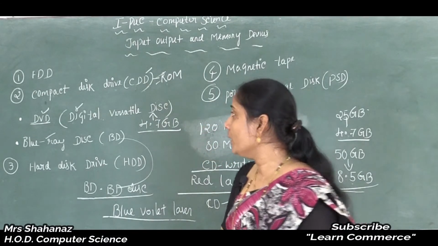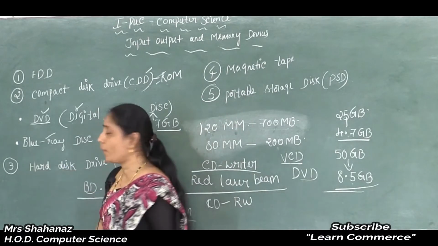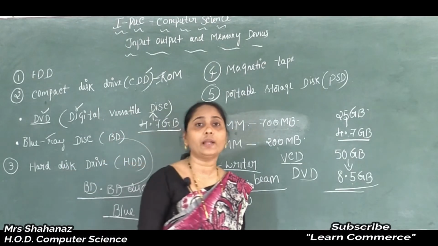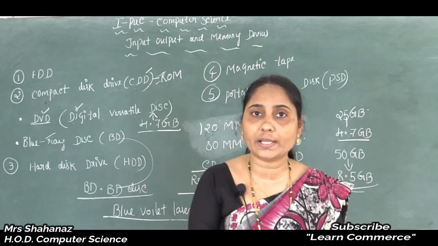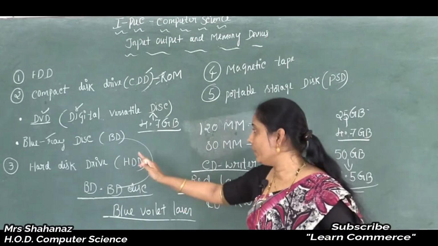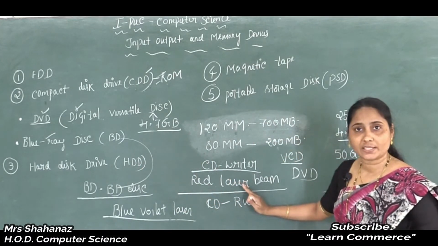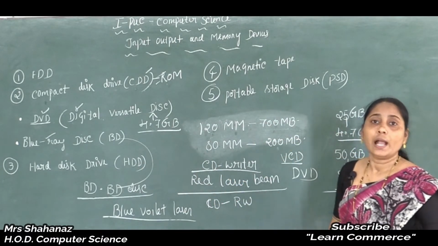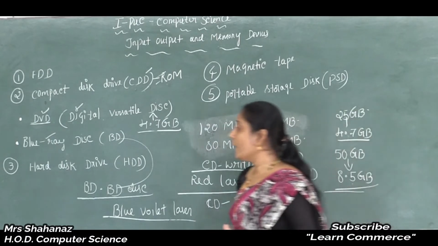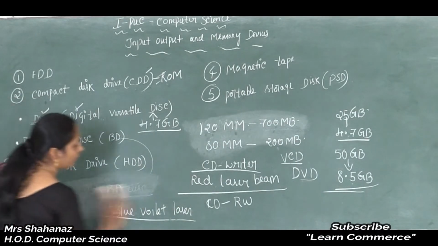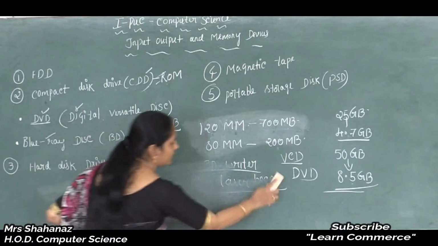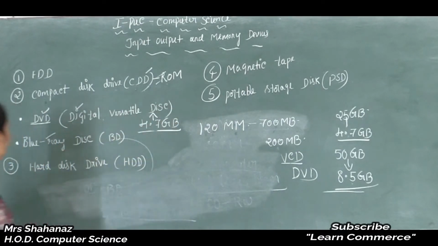And after that we completed the next thing, the Blu-ray disc, and we know what laser beam we use in the case of the Blu-ray disc and also the DVD, and what the storage capacity of the Blu-ray disc as well as the DVD is. Okay, now after completing some information about each concept, CD, DVD and the Blu-ray disc, let's go to the next very important concept.